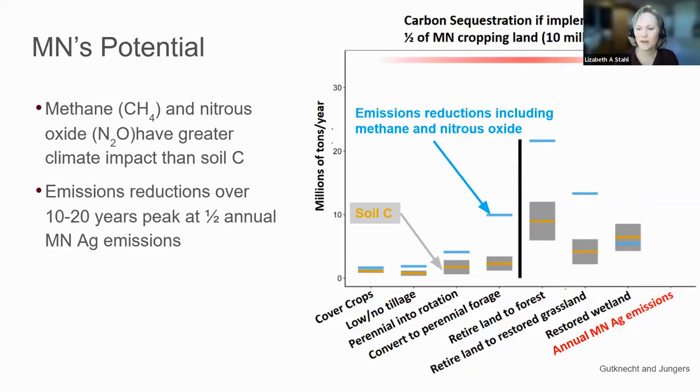Well, and that graph is interesting. If you could pop that up there again, because it's saying on half of our acres, right? Whereas what percentage of our acres now have cover crops? Maybe 5%. I don't know what the percent is in low tillage perennials. So I guess it's looking at potential. It's interesting to look at that, but it also shows that not one way is going to fix our emissions,